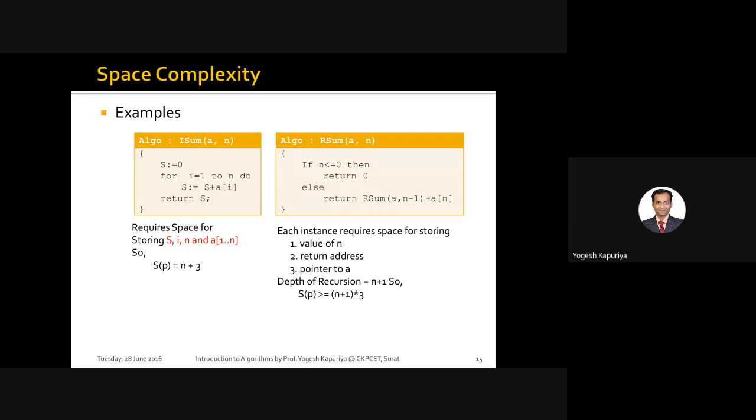For example, if the algorithm is for sorting an array, then obviously, if you are using a bubble sort, you require two nested loops, and those two nested loops require two index variables. So normally we call them i and j. Irrespective of the size of the array, whether your array is of size 10 or 10 million, you require these two variables minimum.